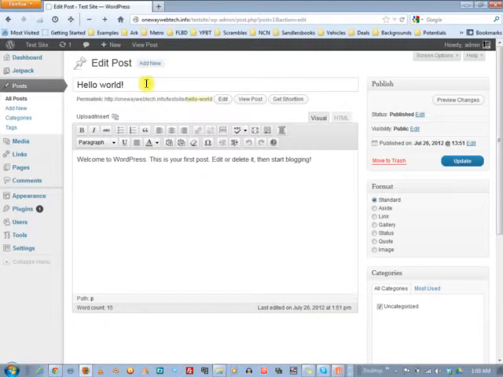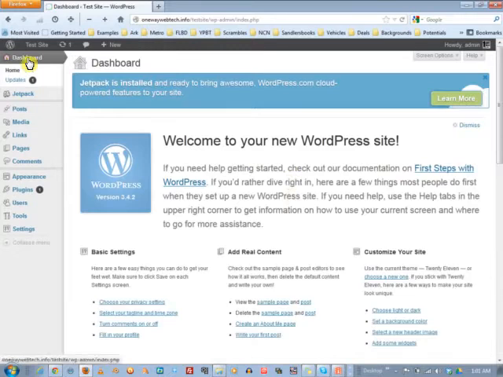So every single time I click edit, it's always going to bring me to the page that I click edit on, and it's not necessarily the page I'm going to want to look at. So I'm going to show you what I do just to make viewing my changes a lot easier. When I am at the dashboard, which is basically right here, I will go up here to the top of my browser